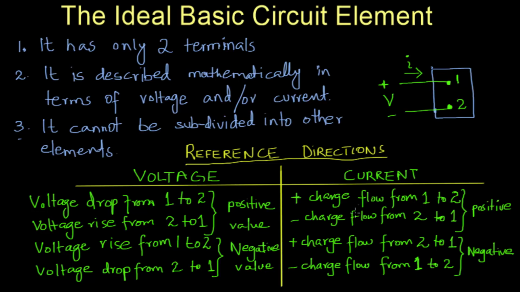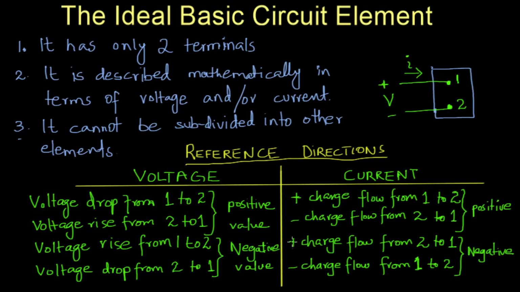On the other hand, the opposite is also true. The negative charges flow from terminal 2 to terminal 1 with a positive value. So the opposite of the first statement is also true. Here we had positive charges, in the next statement we had negative charges. The first statement says from 1 to 2, this next statement says from 2 to 1. So both of these are opposite, which are both positive.